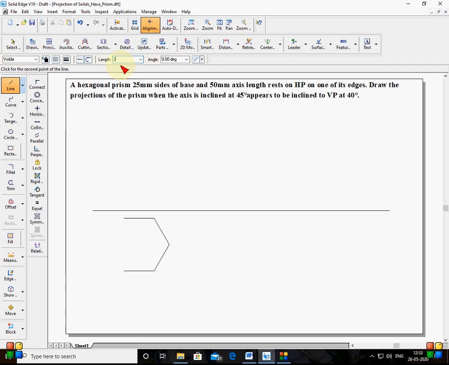Then length 25 again, and the angle is minus 120. You can close the hexagon like this, or you can type the angle. Length 25, angle minus 60. This is the completion of the hexagon by the angle method.